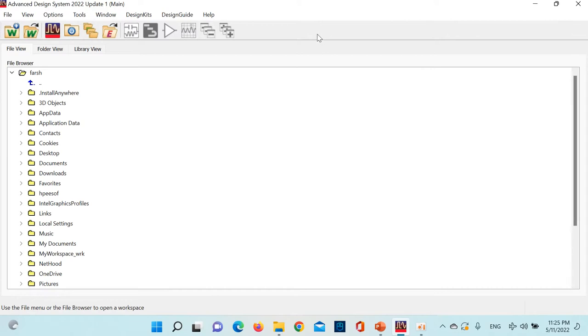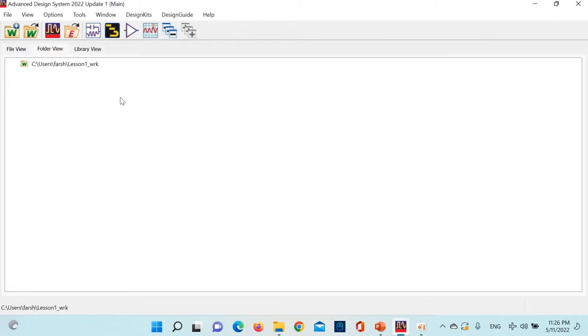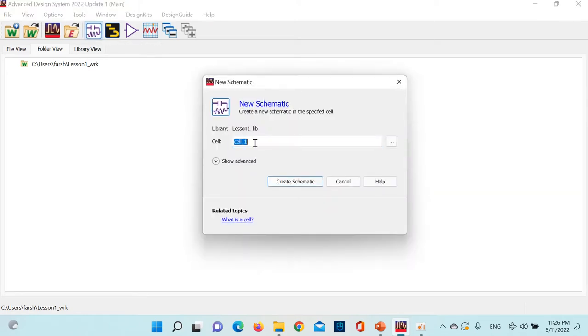I want to show you how to use LineCalc. Here, after double clicking on ADS, you see the window here. You just click on this. We want to make a new workspace. I want to put the name as Lesson1. Okay, and we create a workspace. Okay, and so we want to create a schematic window as well. So we click on that, and I just leave the name the way it is, cell 1. We create a schematic,